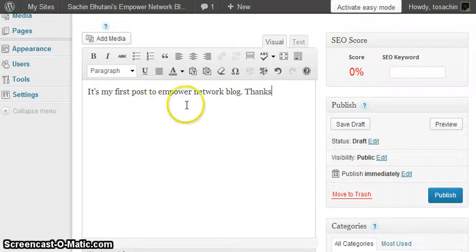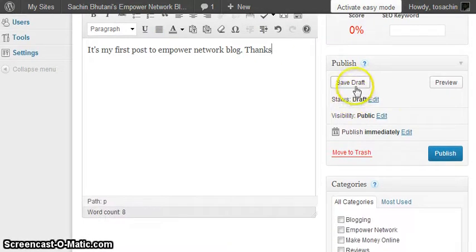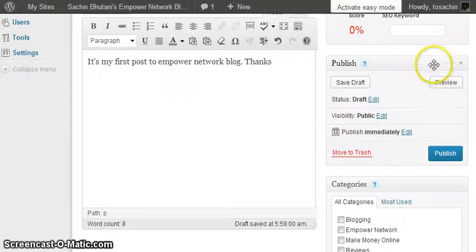Okay, so here you can see what I have written, and on the right sidebar you can choose to save it as a draft. If you would like to see a preview, simply click on that preview button. It will show you a preview. We will see that preview later.